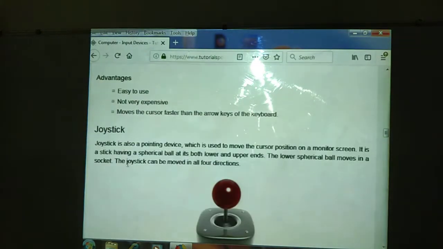Next, the input device is the joystick. Joystick is also a pointing device which is used to move the cursor position on a monitor screen. It is similar to the mouse. It is a stick having a spherical ball.